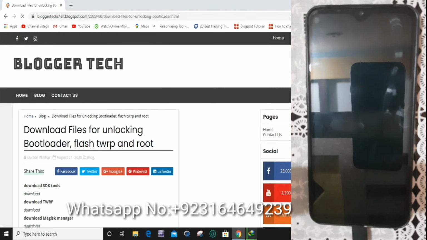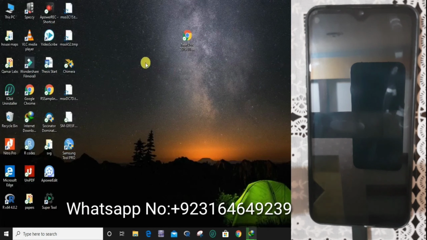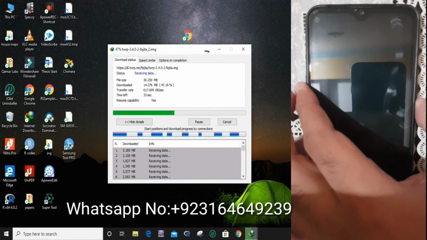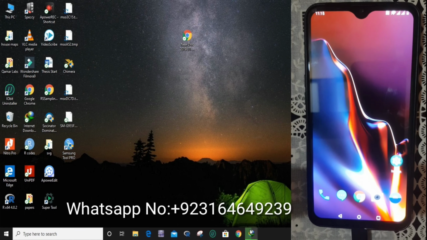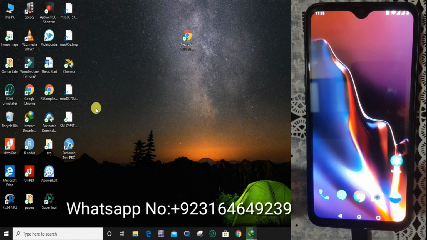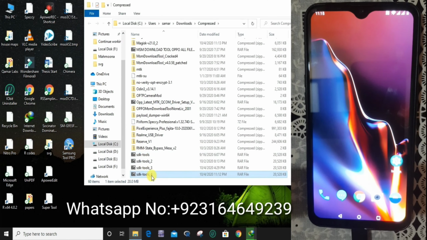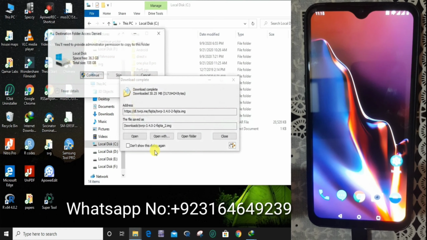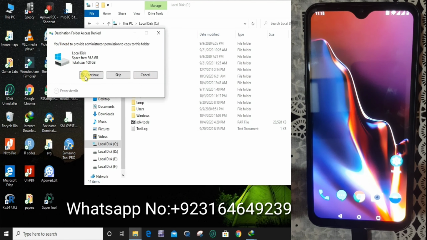Once all these files are downloaded, you need to copy the SDK tools first and extract them in the C folder. Here you copy it, go to your C folder and paste SDK tools here.